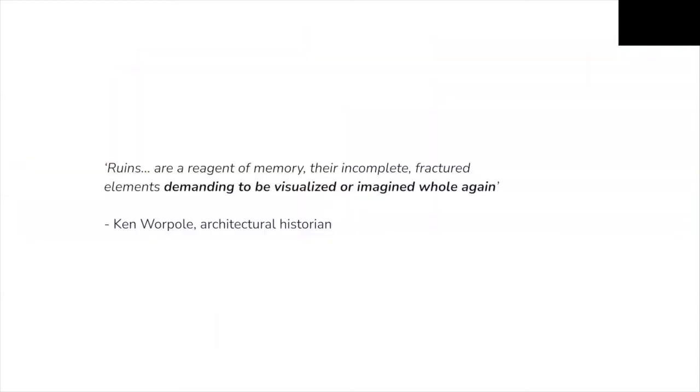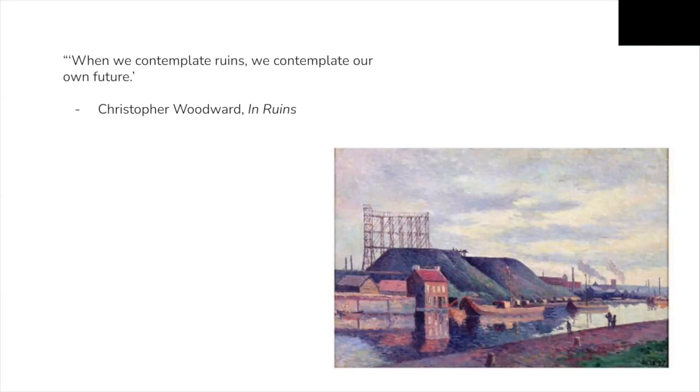Sorry, okay. So ruins in many ways speak to our memories, the past, right? It's this sort of incomplete vision. And the interesting thing, as Ken Worpole puts it, is that they demand to be viewed whole again, as opposed to a rusted landscape, which is just decrepit and in chaos. A ruin actually demands to be viewed whole again. Can you read that all right? Yeah, right. But in many ways, ruins speak as much about our past as they do about our imagined